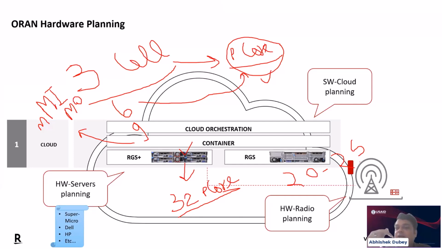For example, in traditional setups, one site requires one eNodeB setup, but in ORAN, and especially in virtualized ORAN, one server can host 9 eNodeBs or gNodeBs. Not one, it can host 9. So it's very much cost effective. That is why, based on the resource calculation, you can calculate